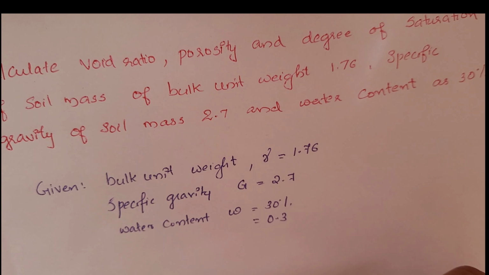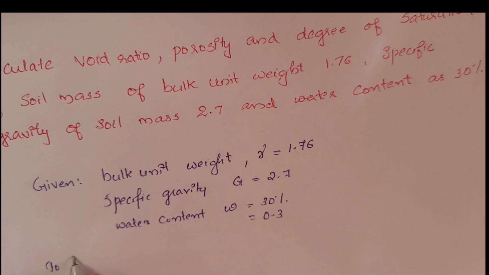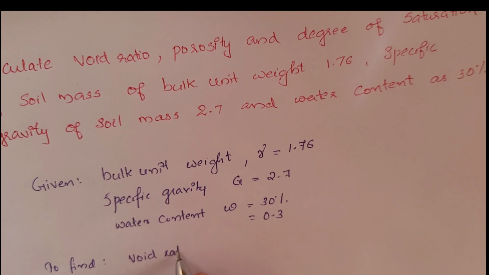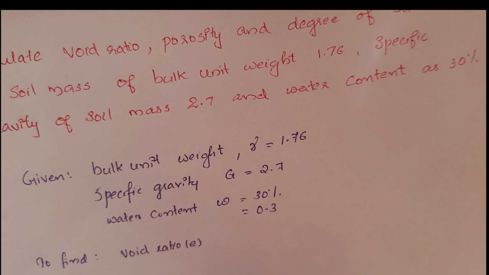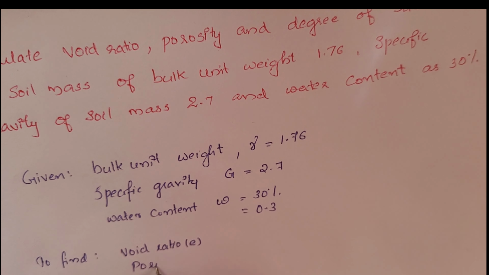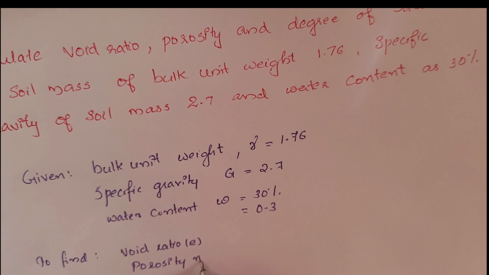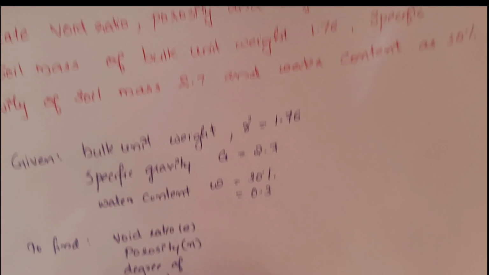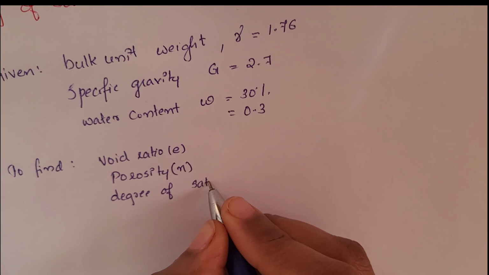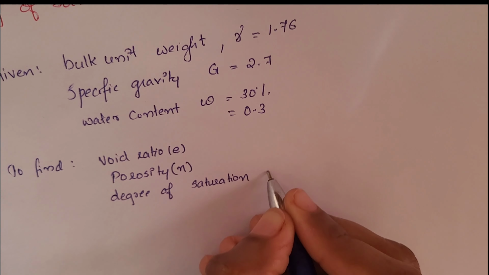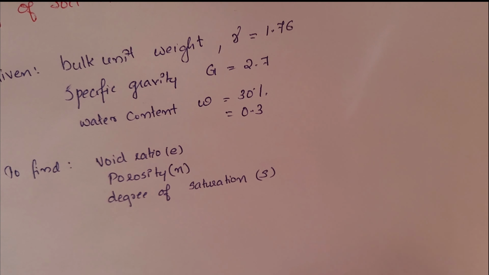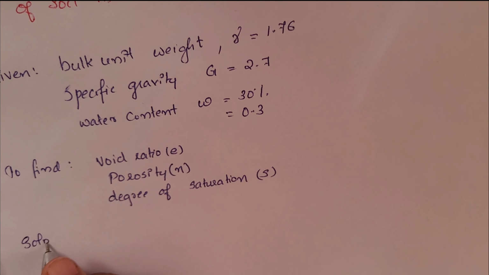Okay, then next step we have to find void ratio. It is denoted by small e. Then next comes porosity, denoted by small n, and degree of saturation, denoted by capital S. So next we can check how to find them. So solution: